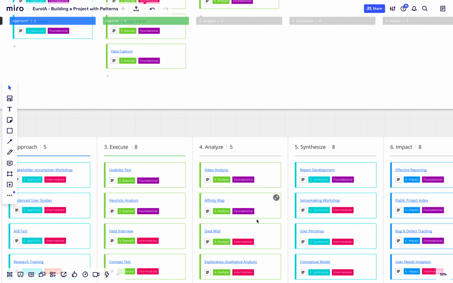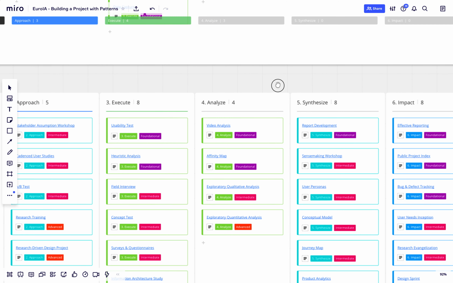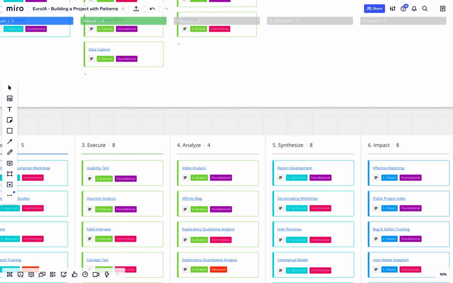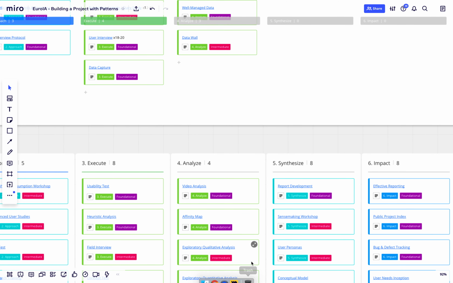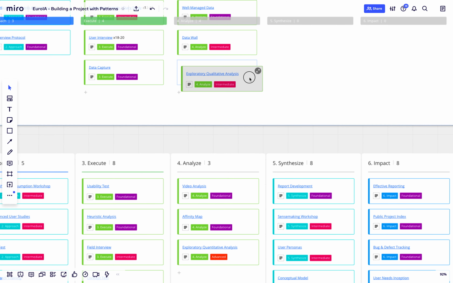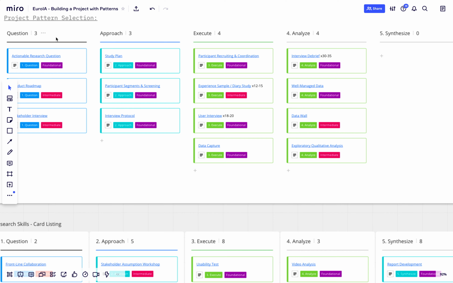Other pieces: because we're going to be working with a team, and let's say we're going to be working on site, we might want to have a data wall where we're continually manipulating this data in a physical way and making sense of it. Because we'll have the data wall, we won't add an affinity map, but maybe we also just want to plan some sessions and some times for a little more unstructured exploratory qualitative analysis. So what this means is that we're going to be, so far,